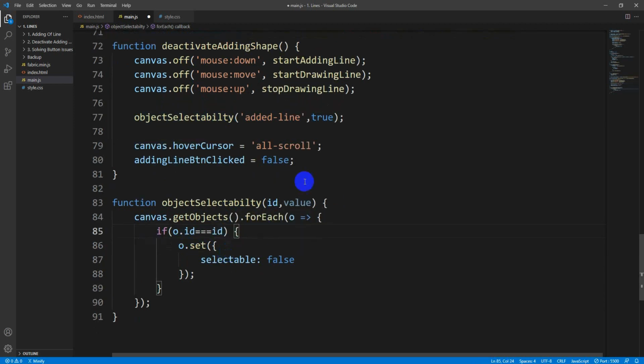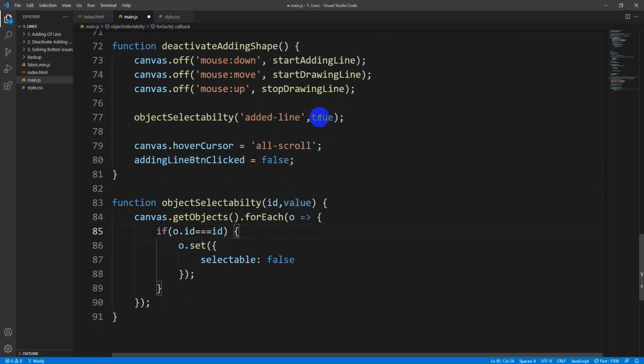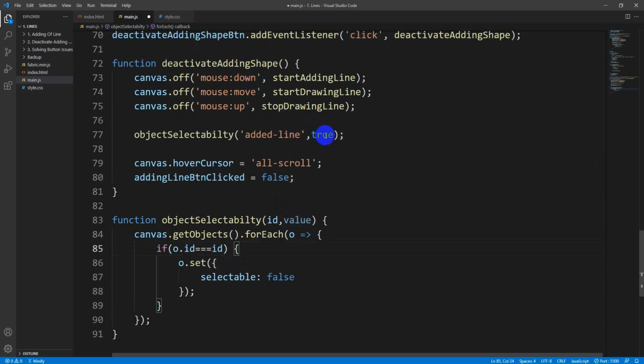And the second parameter, the value over here, is true if we press the deactivate button. So instead of writing false or true here, we just write value. Now if the object's ID, in this case added line, matches, we set the selectable to be true when we press the deactivate button.